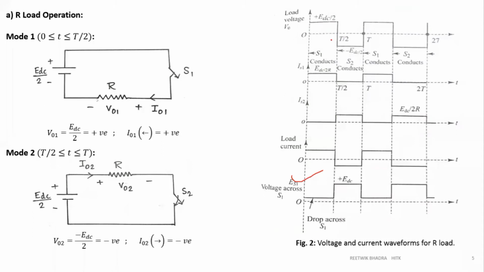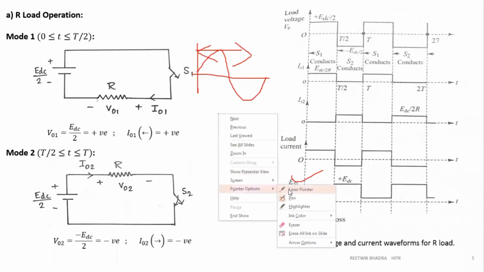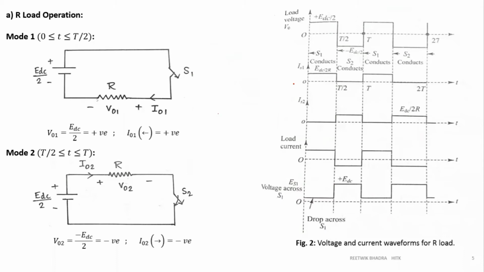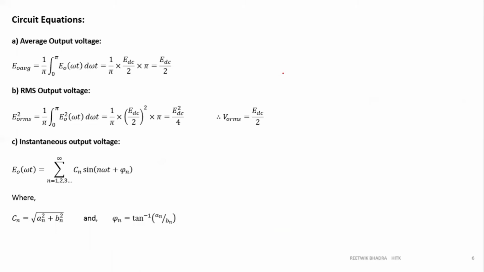Why average 0? If I take a sine wave, what do we do? We take the average value of a half cycle. Full cycle average value is 0. For symmetrical waveforms, we take the average value of a half cycle. Next, the value is constant over the time period, so your average or RMS can't change. So it's fixed, EDC by 2 only. For a symmetrical square wave, the average and RMS come out to be the magnitude, the maximum value.